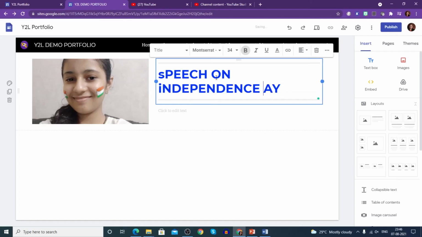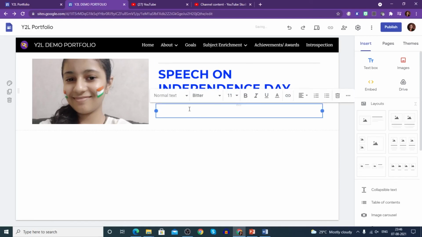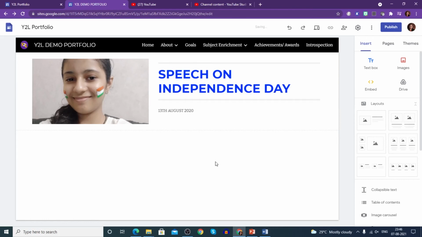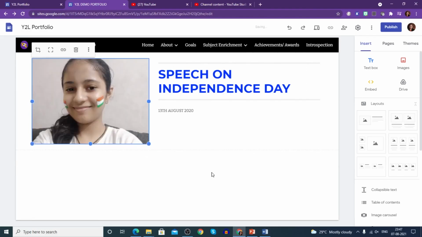I chose random pics as I told you, so please don't see that it's a mix of me and my daughter. Anyhow, speech on Independence Day, you can put the date also here, on which date you gave that. So maybe you gave it on 13 August. Let me take the last year because 2021, 13 August hasn't come yet. So you can resize the picture again as per your need and then put it here.